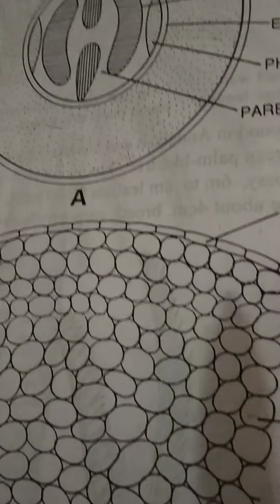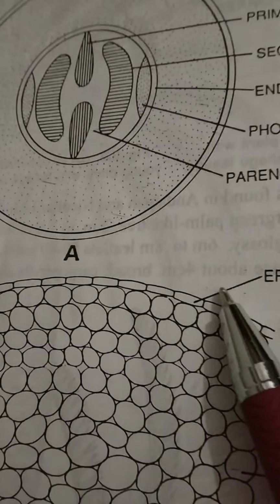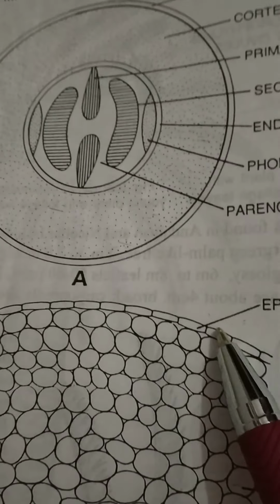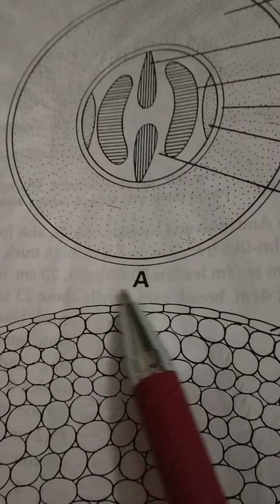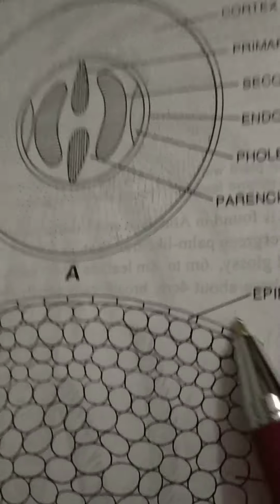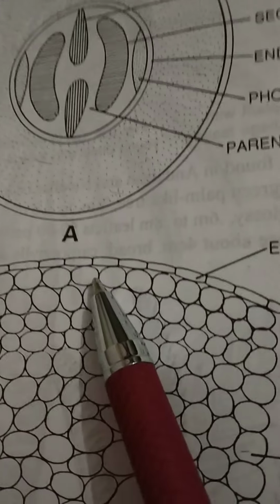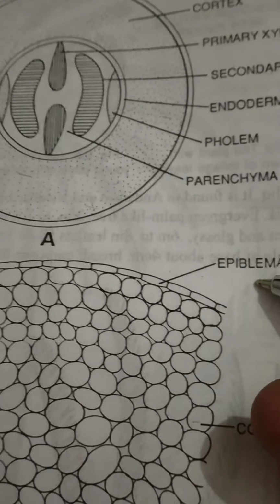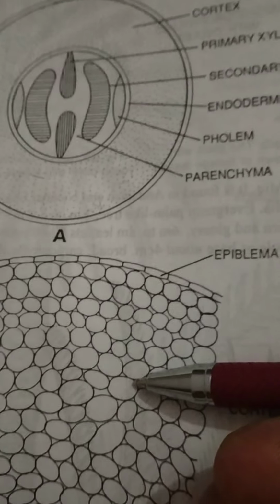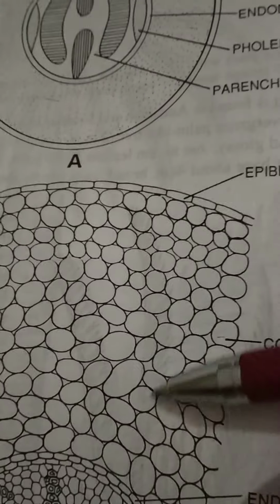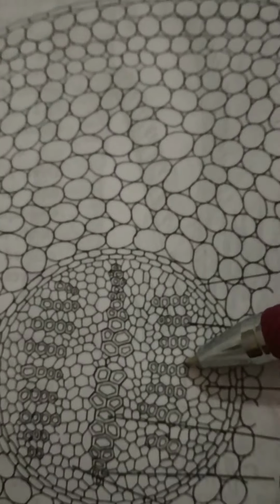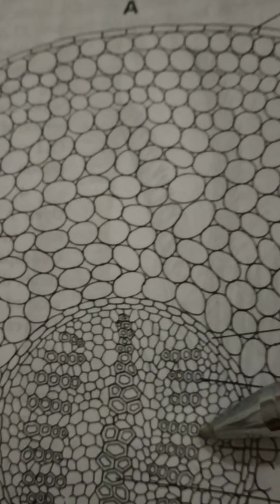To begin with, the internal structure of Young root or normal root, both are one and the same. It consists of a single layer of cells which covers the overall internal structure of the Young root. This is called the epiblema, and next to the epiblema you have the cortex, and next comes the centrally located region, called the central stele region.